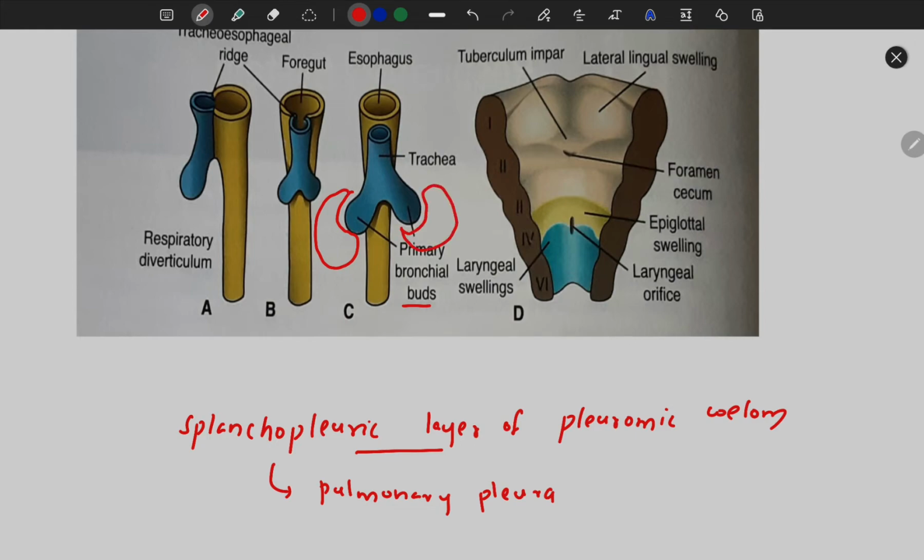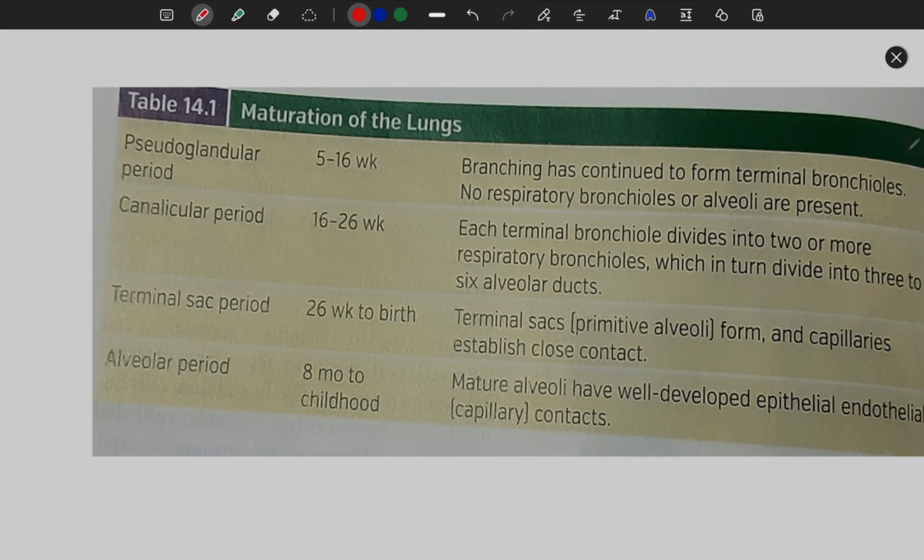They will be invaginating into the coelomic cavity, and it is this splanchnopleuric layer which is closely investing the bud to form the pulmonary pleura. So the lung maturation is happening in 4 stages. The first is the pseudoglandular stage, second is the canalicular period, third is the terminal sac period, and fourth is